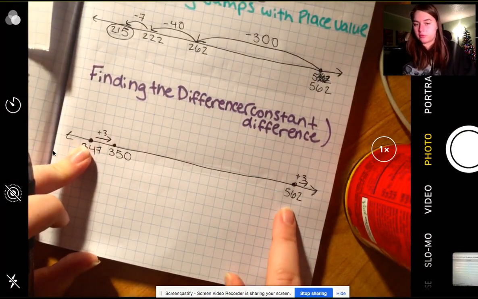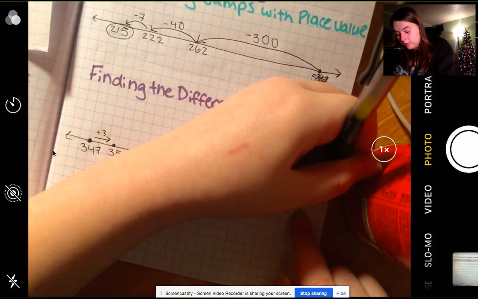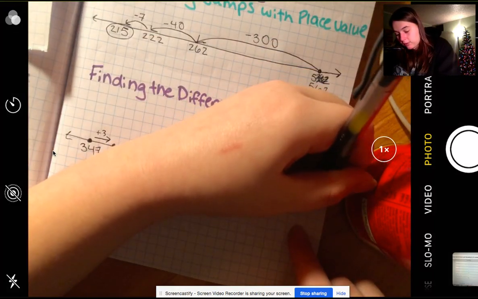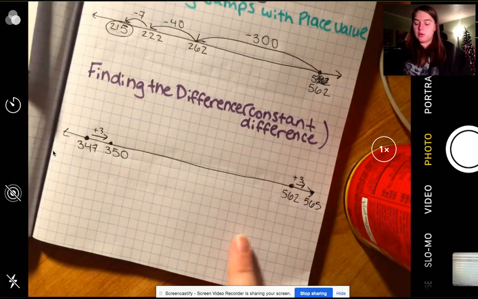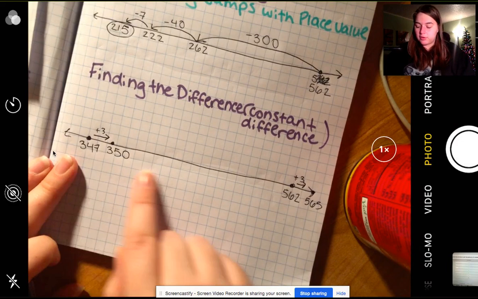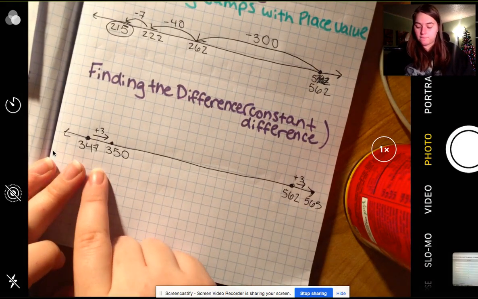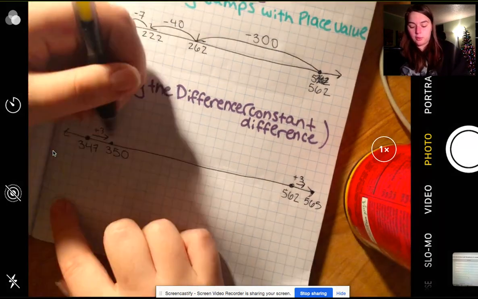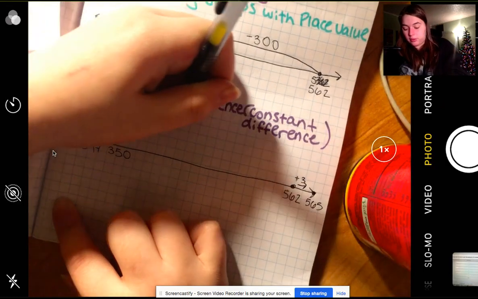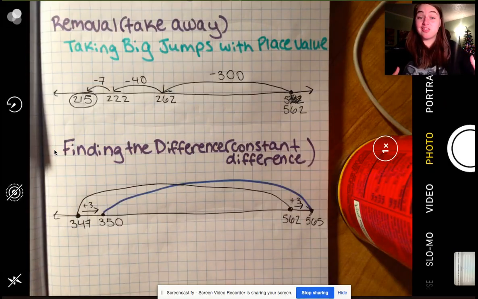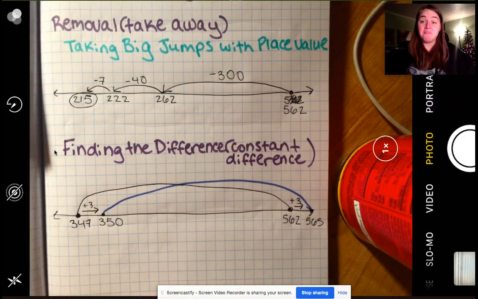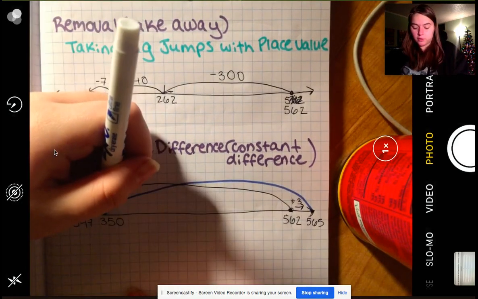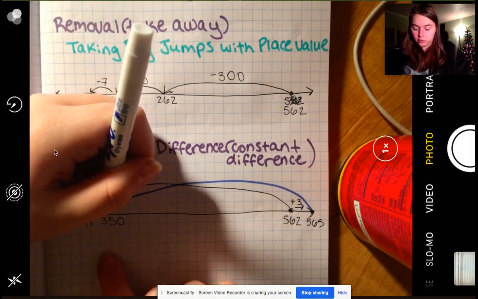So 562 plus 3, that would land us at 565. So now, what might be easier for us to do is find the difference between 565 and 350. I'll draw lines for each of them to make it easier for you to see. So it's much easier to solve when you're subtracting 565 minus 350. So one way we could have done that is maybe we could even jump it up to 400 to make it easier. So 350,